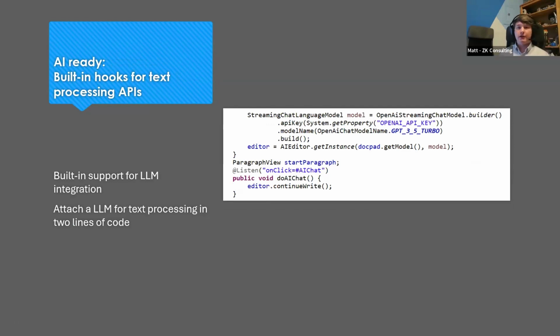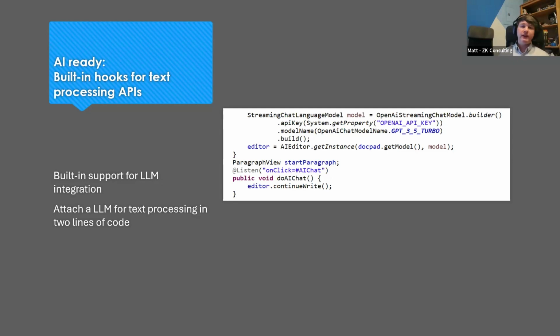So there's a lot of discussion about how AI can improve workflows in a business context. We don't think that the Keikai doc itself should be bundled with a specific AI model. However, we think it should be very easy to hook into an existing model, which you may already have a